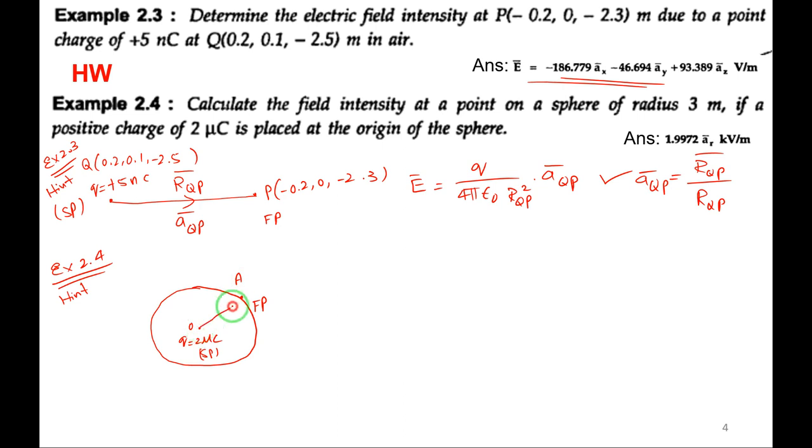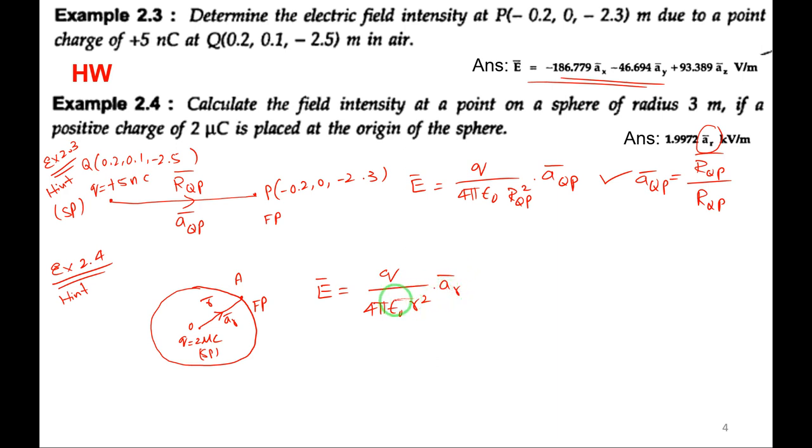The radius is 3 meters. Let me make use of position vectors: the radial distance r vector and the unit vector a_r. In spherical analysis, E due to a point charge, we have seen, is Q by 4 pi epsilon naught r square into a_r. So the field exists only in the radial direction. You can observe in the answer only a_r is there, so don't substitute once again for a_r. It is a radial vector.